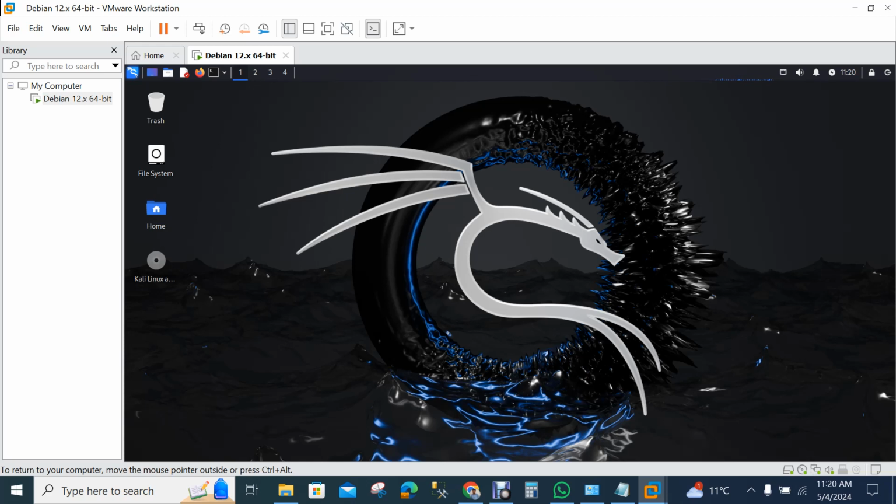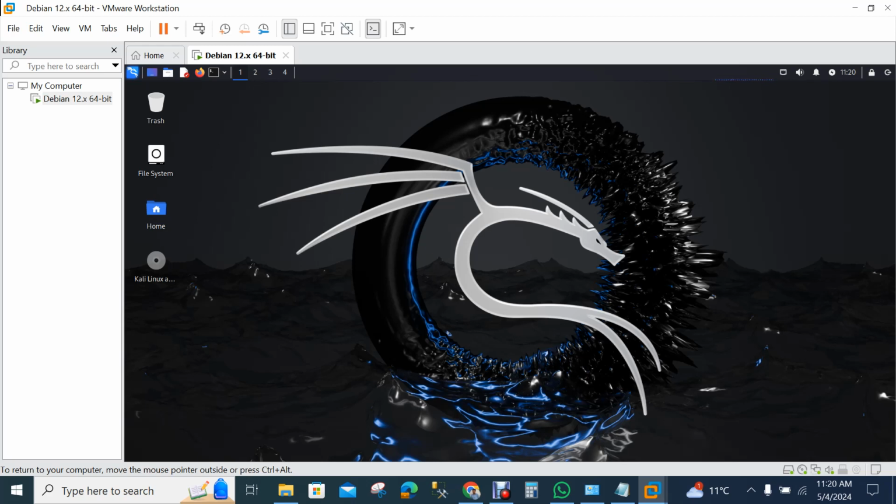So why will we use virtual machines on a workstation player? Actually the question should be why we will use virtual machines. There are so many reasons to use them. The first thing is we can use virtual hard disks, we can add virtual hard disks, and we can manage our network adapter.